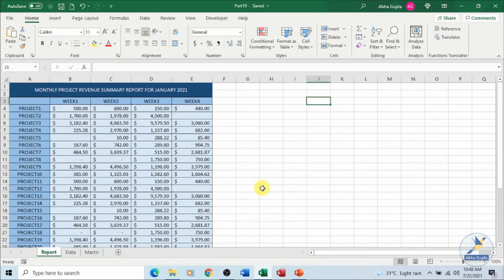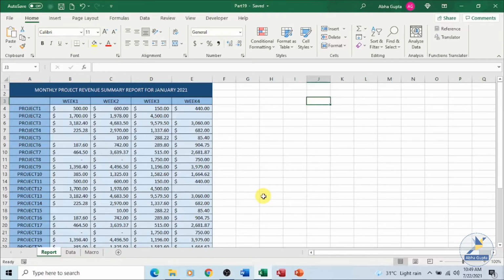Now before we start with recording a macro and editing it, let's discuss why we need a macro. Say you have a task in Excel that you repeat very often, say every week or monthly or yearly, so you run that task time and again. If you perform the same task again and again, it will be time consuming. So we have a feature in Excel which makes our task easy by automating it. With a few clicks of your mouse button, by running those commands which you have created, you can easily perform your task.